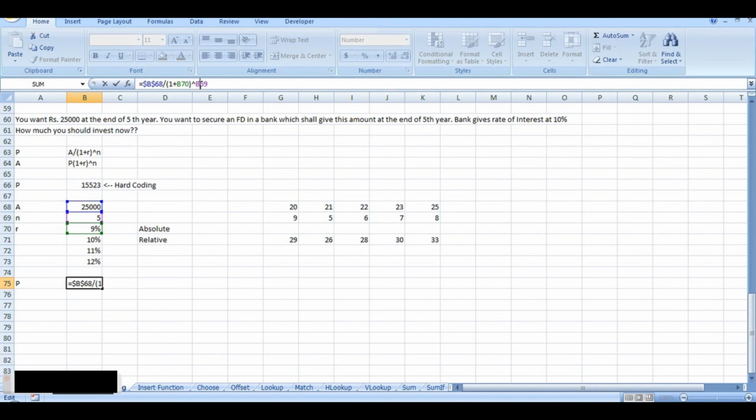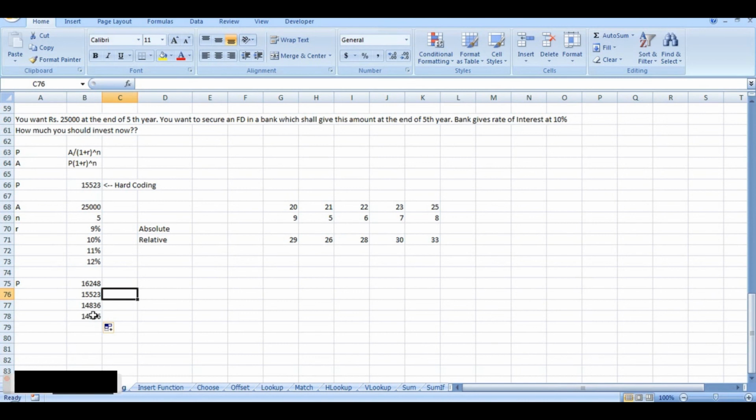So take the cursor on B69 and again press F4. You will see a dollar sign before and after the column, that is B in this case. It means it has freezed the entire cell. Press enter. There is no change in the answer, but now if I drag it downwards in the same direction in which you want the answer, or you want the variable to be changed, now you can see the changed answer, and even if you cross check it, you will get the same answers.